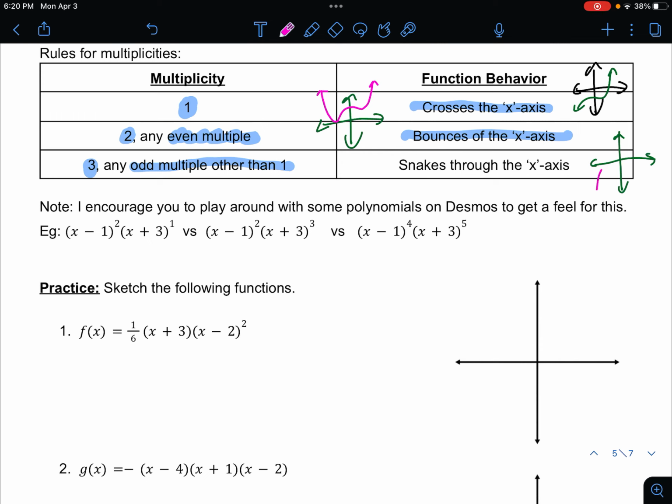Let's try one more time. We go up to it, we kind of get close, and then we go through. And we only interacted at one point, but it has a little bit more snaky feature than the cross. Okay, so what I really suggest you do is hop on Desmos, play around with some polynomials and get a